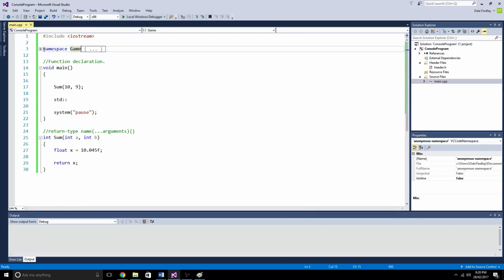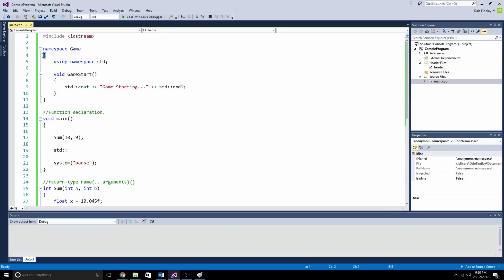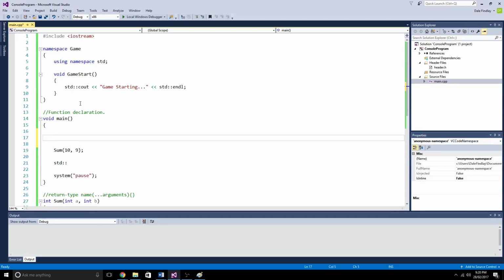So we created a namespace called game, we encapsulate it with some brackets, and then anything in here now will be used as the game namespace. So for example, if I try to use game start down here,